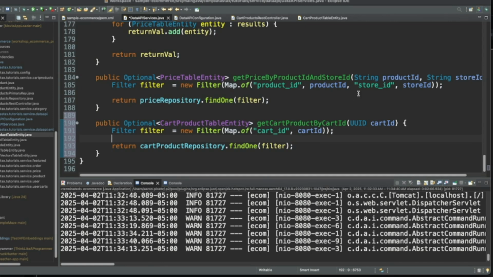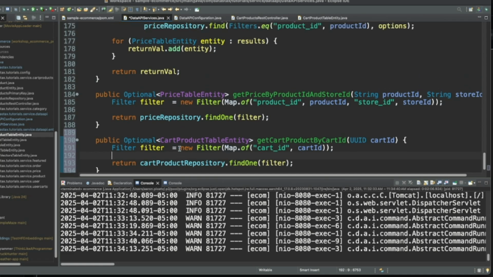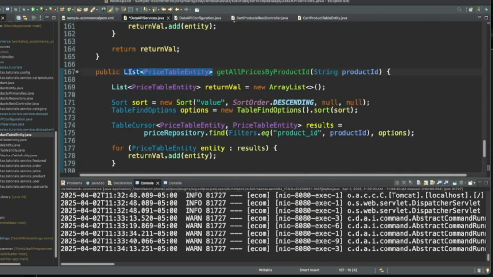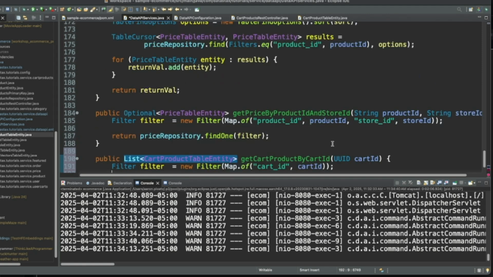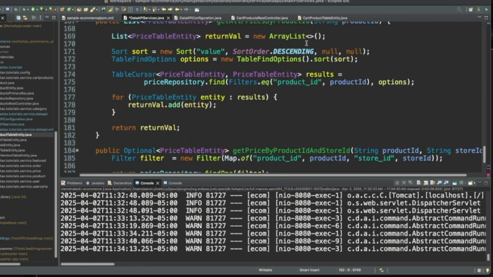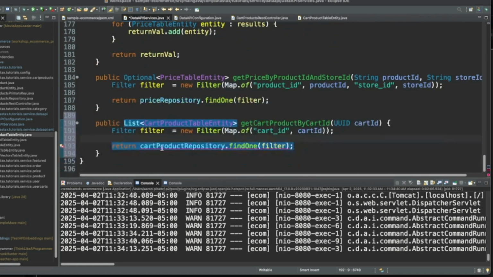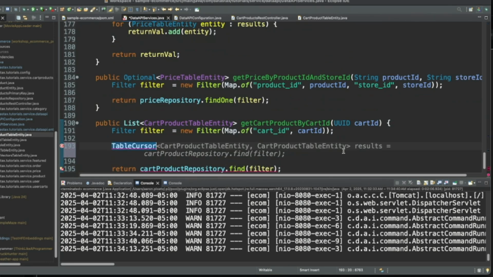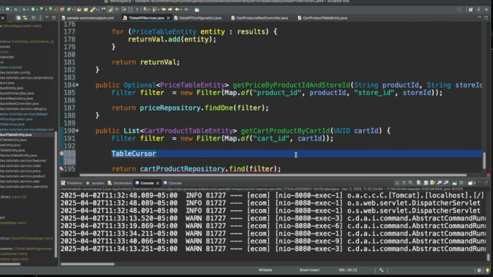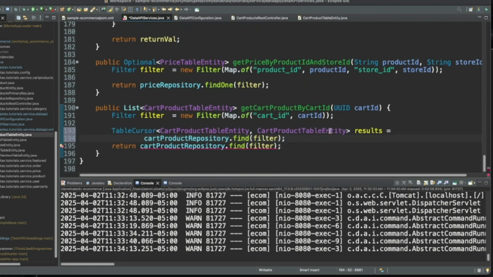Okay. I incorrectly had this for a single item coming back. So let's change this up a little bit. So we're going to say list. Yep. We don't need to worry about sorting options here, but let's just say cart product entity, results equals cart product repository find filter. Oh, there we go. Let's tab that.